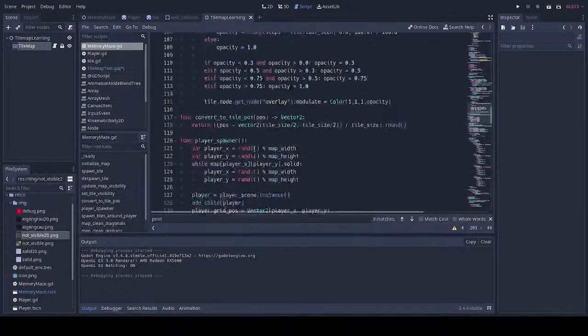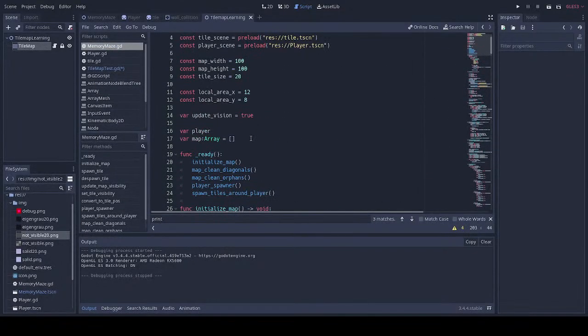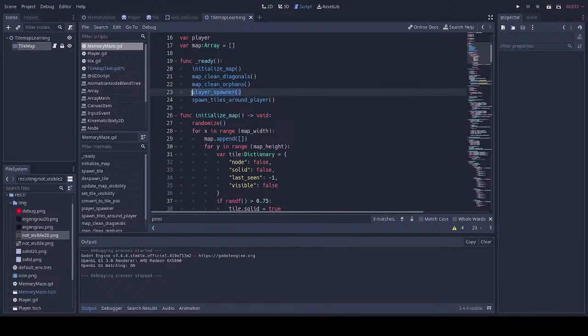Next, spawning the player. I didn't think I liked the way I set up the player spawner. I don't need to spawn the tiles anymore because the tile map is automatically doing that for me. But the player spawner,